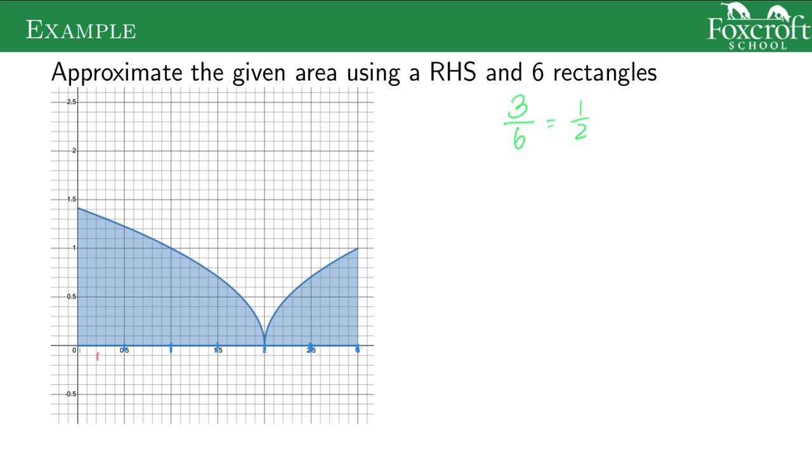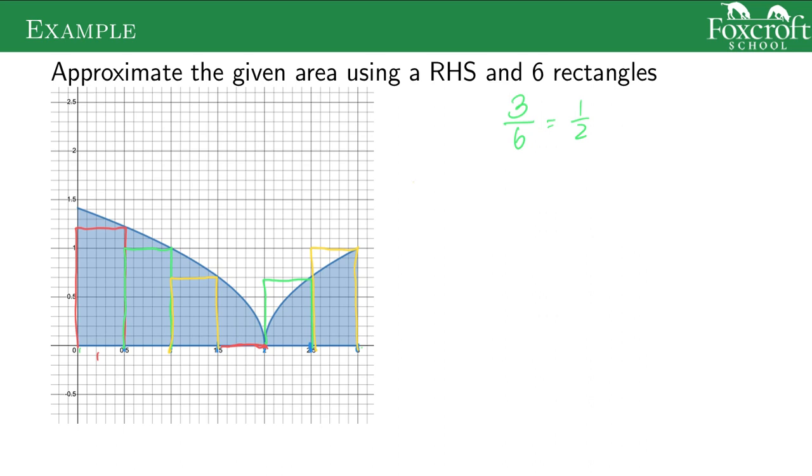So the first interval, I use the right-hand side, and I hit my graph and go across. My second interval, right-hand side, hit my graph, make a rectangle. Third one. Fourth one, right side's already hitting the graph, so I'll just draw a line across. Next is 2 to 2.5, right side. And last one, right side. All right, so those are my rectangles using my right-hand sums, and now I just got to find all the